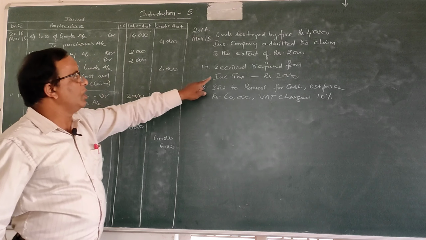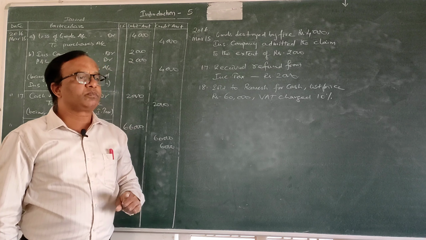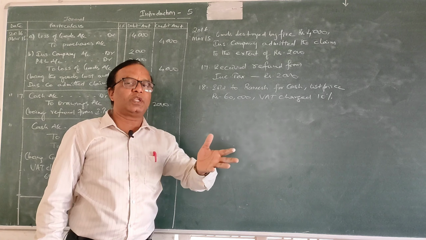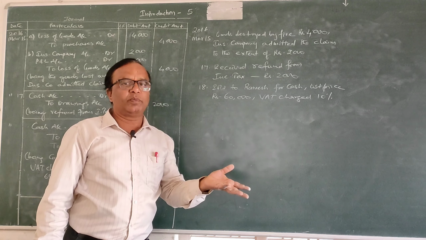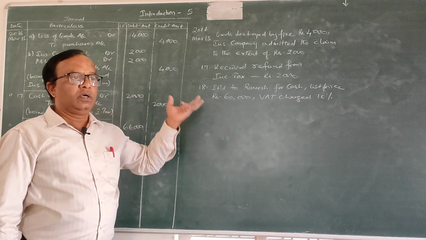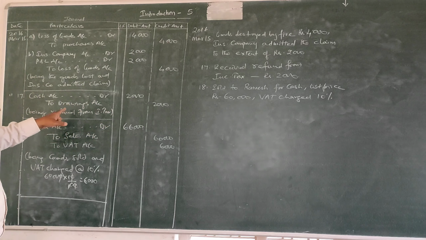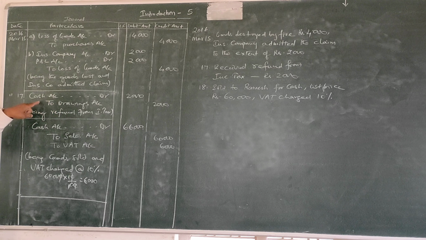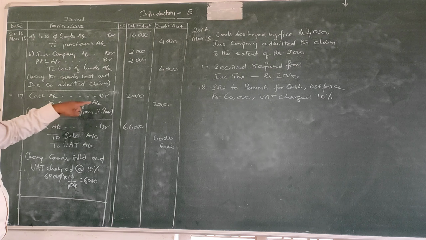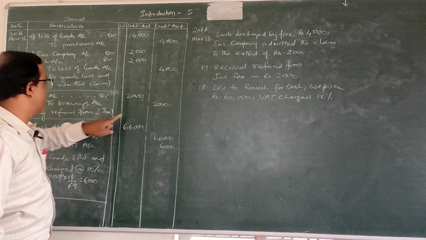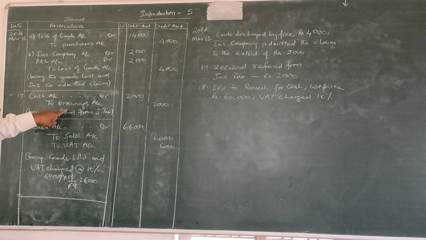Next, received a refund from income tax. Observe here, when income tax is being paid, we said the proprietor has paid tax for his personal purpose from the business. So at that time we said they are drawings that you have created. So now it is a refund. As such drawings account will be credited and cash is coming in. As such cash account debit to drawings we are writing for refund from income tax. At that time you write this entry, cash account debit to drawings account.